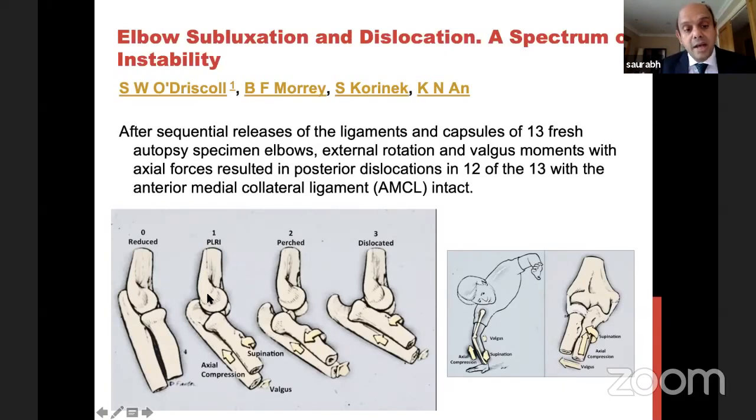the first stage is your lateral ulnar collateral ligament avulses off just below your lateral epicondyle from its origin in 95% of cases. Only in 5% of cases it will come off its insertion, which is the supinator crest of the ulna. 95% from the humerus. Second stage, if the forces continue to act on the elbow, it becomes perched. So now the anterior capsule is tearing off. Finally, the elbow dislocates, and the MCL may not go, even in a dislocated stage. It depends on the degree of dislocation. So remember these 4 stages and the distinction.